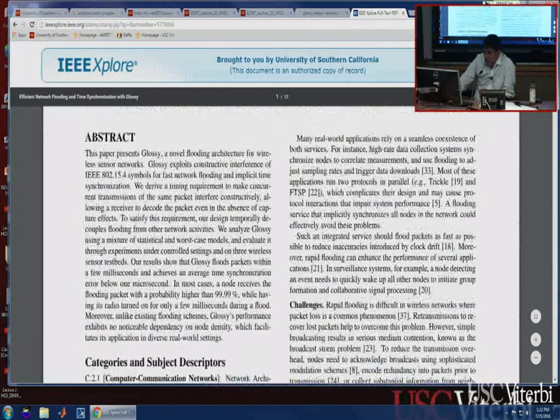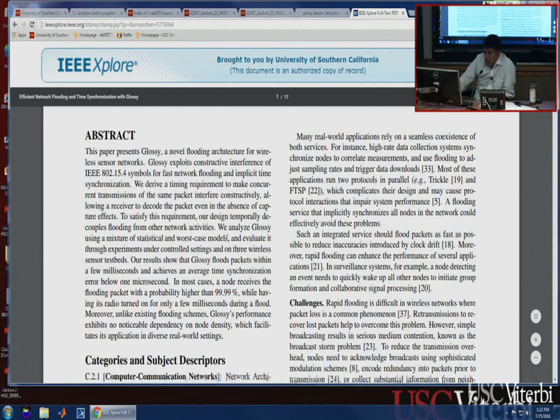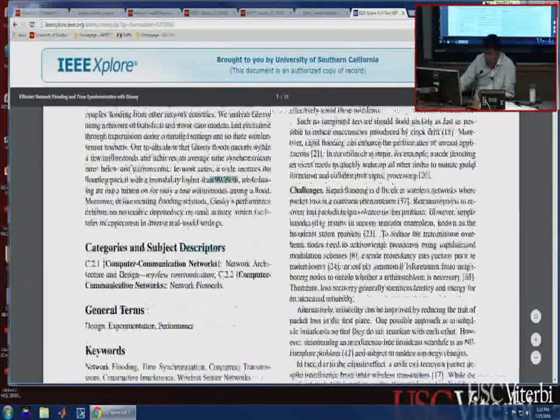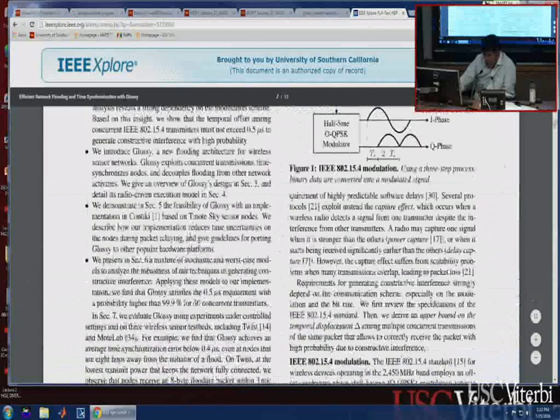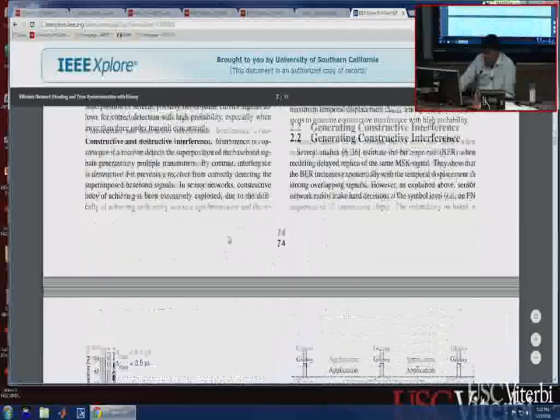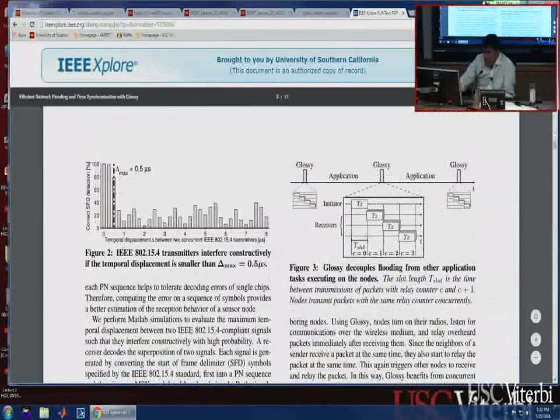And even just from their description, they talk about exploiting constructive interference for fast network flooding and time synchronization. They showed 99.99% reliability for this protocol. And there are figures here where they can compare it with other schemes. They do show some figures in this paper